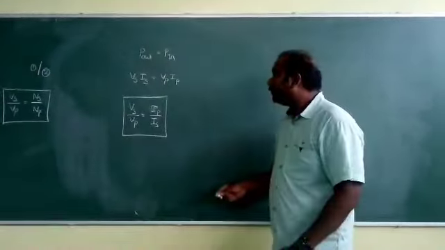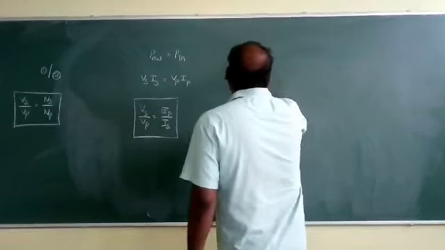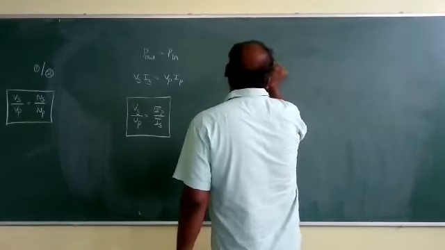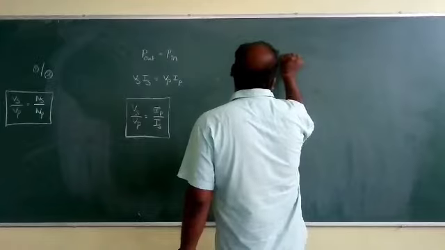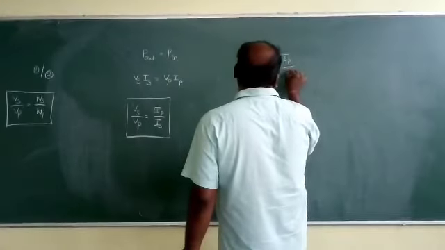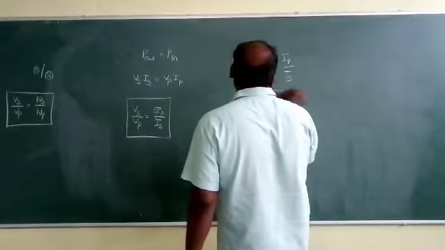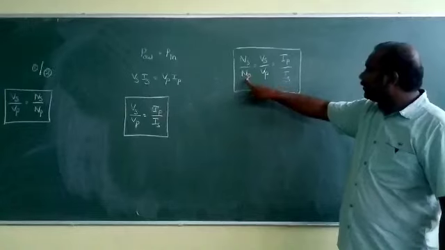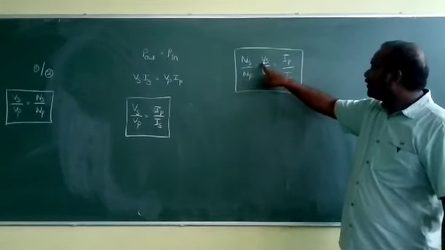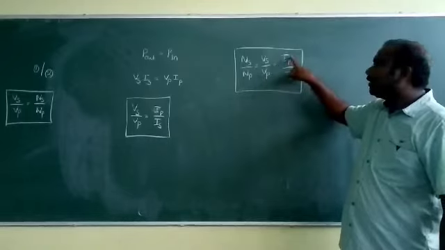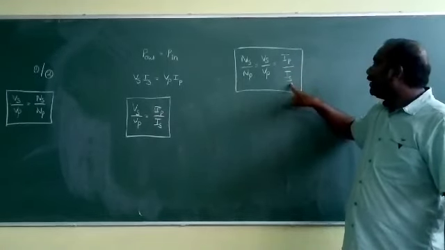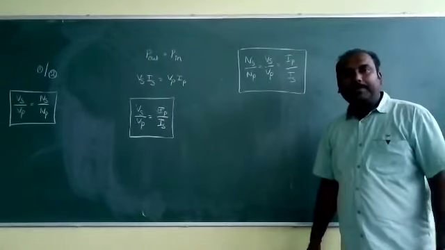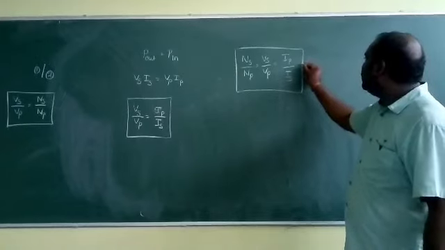What is that simple equation? You see, Ns by Np is equal to Vs by Vp is equal to Ip by Is. And this is the required equation for a transformer. Number of turns in the secondary by number of turns in the primary is equal to voltage across secondary by voltage across primary, that is equal to current across primary by current across secondary. So by using this one we can solve any problem from the transformer.